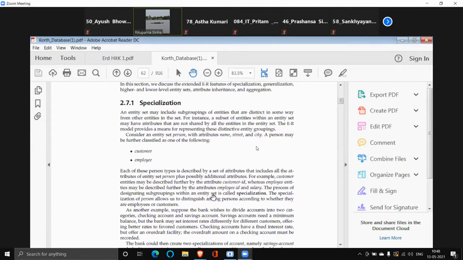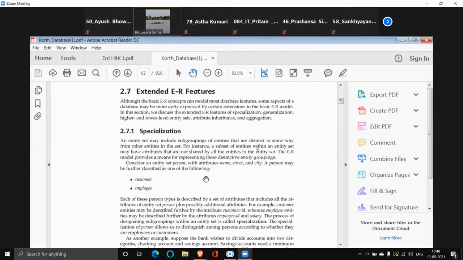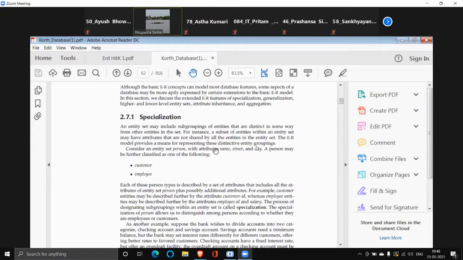Okay, don't worry. Specialization means what you understood. Every person has name, street, city as the common attributes. But person can again be subdivided. If I see from the top-down approach, first is person, then I am breaking it into special types of persons. What are the special types of persons? A person can be a customer, a person can be an employee.